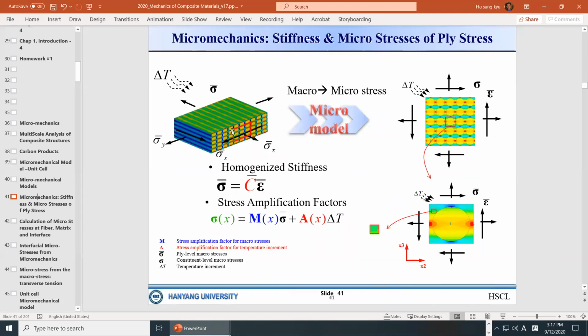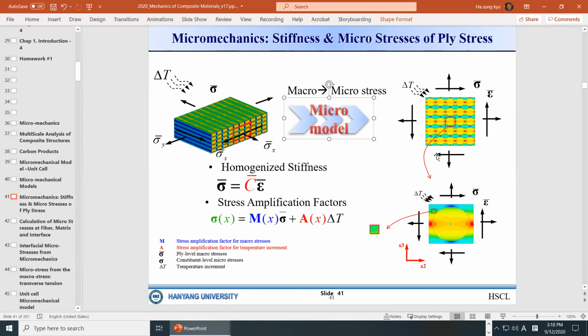And what do we do with the micromechanical model? Let's say this is one prepreg tow or something, or you can say some region in the fiber arrangement. And for the micromechanical model, this is the cross section, and